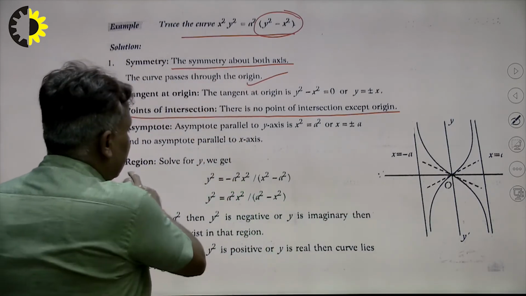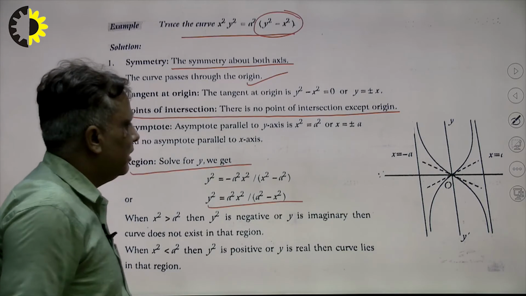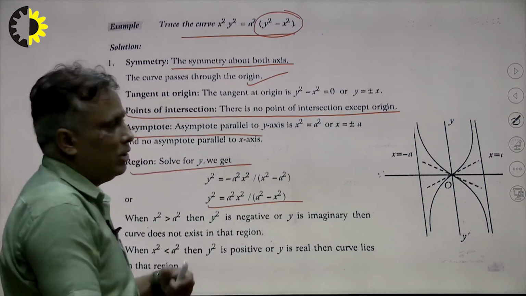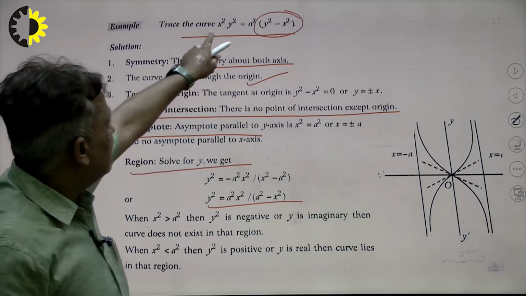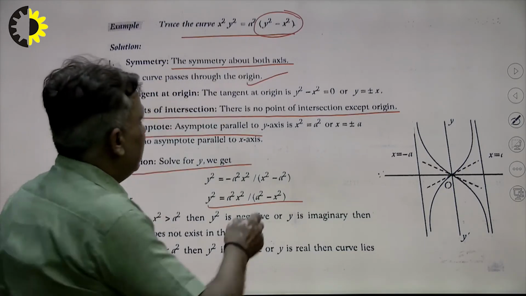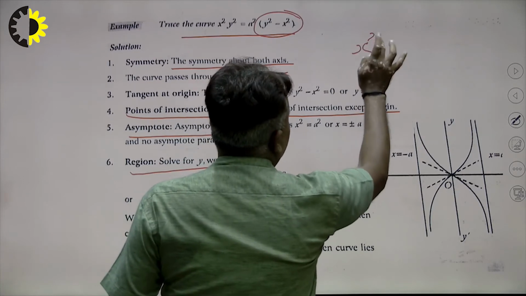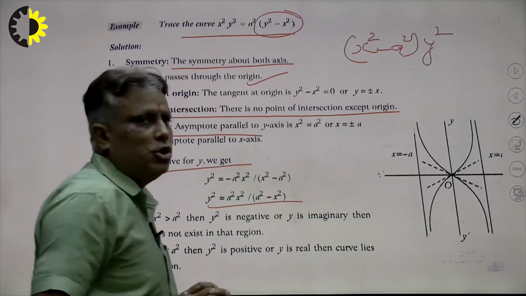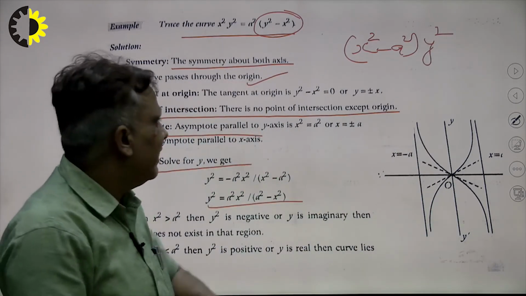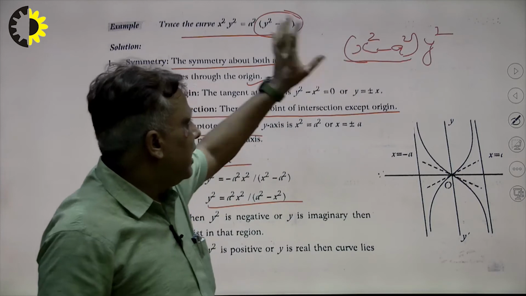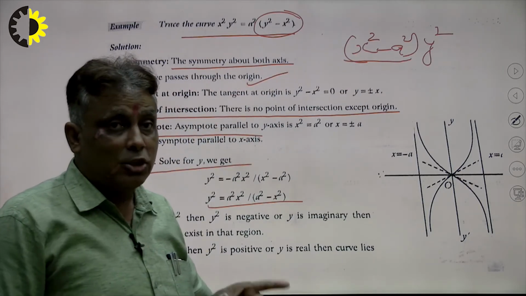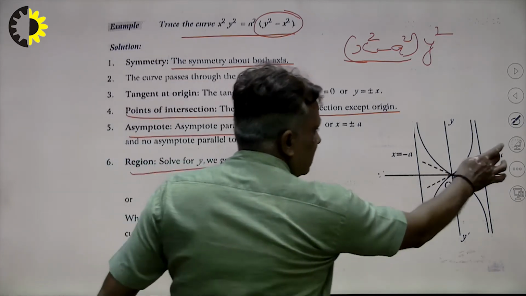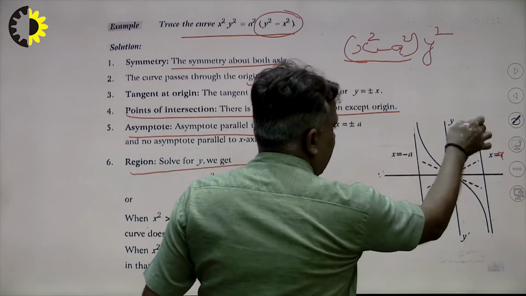Region: what is the region of the curve? I calculate it here. Now the question is what the asymptote of this curve is. I calculate the asymptote with the help of this. The x square, y square, and y square is as it is. That means y square has two parts: x square minus a square, and y square. Equating to 0 the coefficient of the highest power of y, that is y square, the coefficient is x square minus a square, that means x is equal to plus minus a are the asymptotes here, parallel asymptotes. So one is x is equal to a, and the second is this, and the diagram will be this.